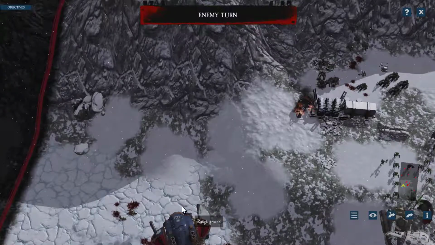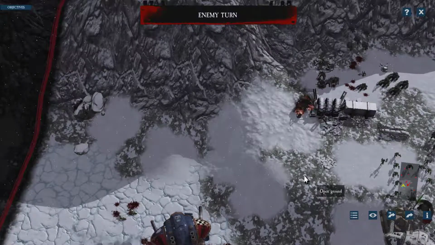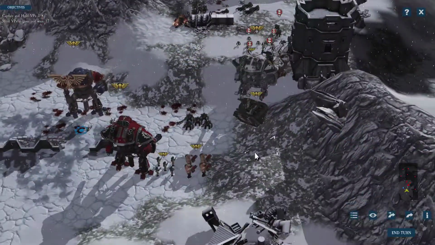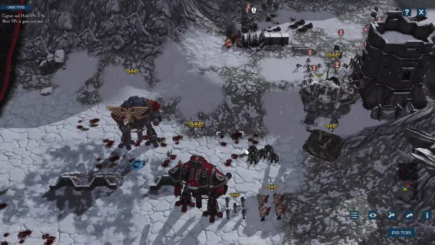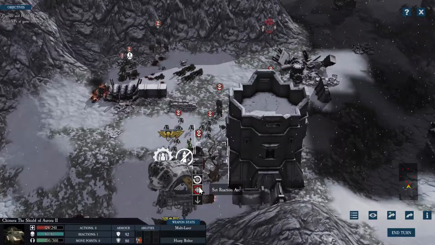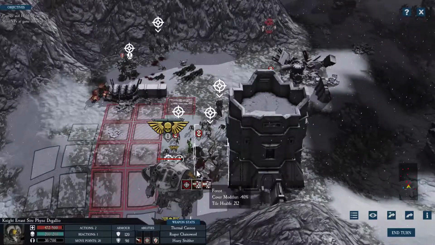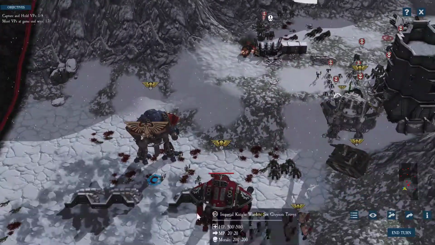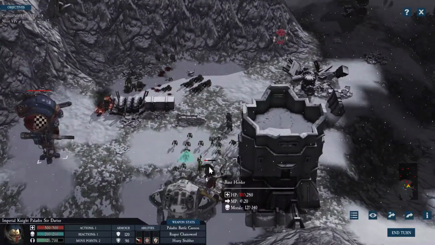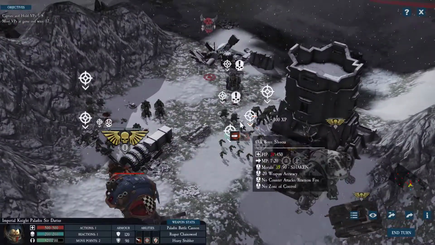That's okay. So most of them are gone, which is good. And yeah, we're just kind of rocking and rolling. We'll keep pushing on. So, let's see how we're going to do this. We should be able to nuke down the Runt Herder. There we go. Single shot. And then we can...